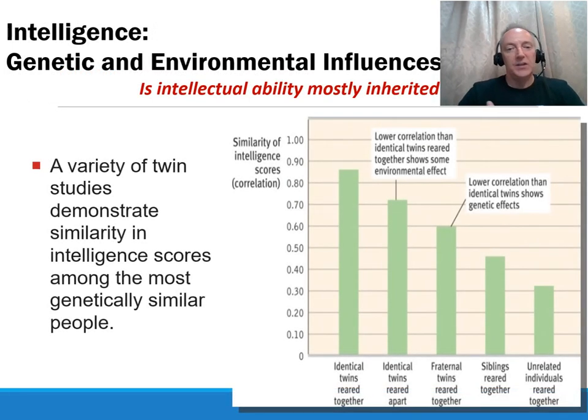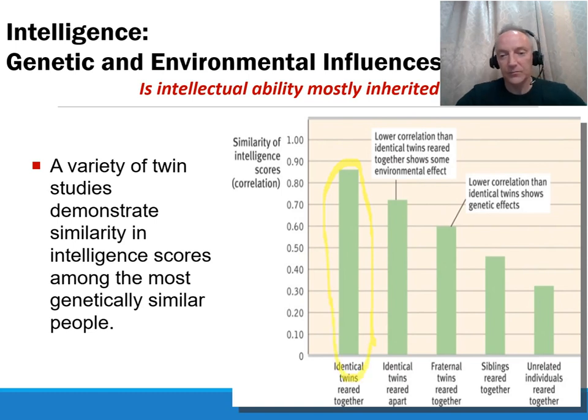So the next big concern about intelligence is, well, where does it come from? Is it mainly something you're born with, or is it mainly something that is the result of your experiences? So whenever we're concerned about genetics, you'll often find in psychology twin studies. So looking at the IQs of identical twins who have the exact same